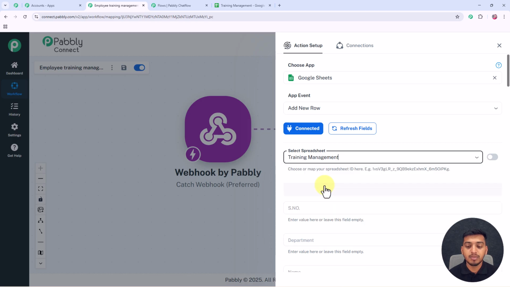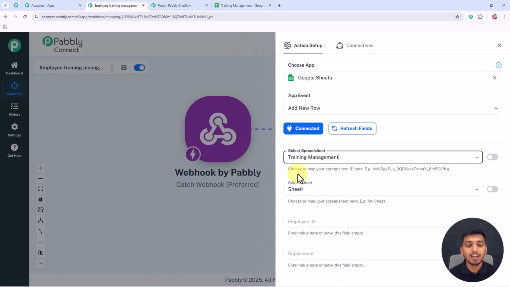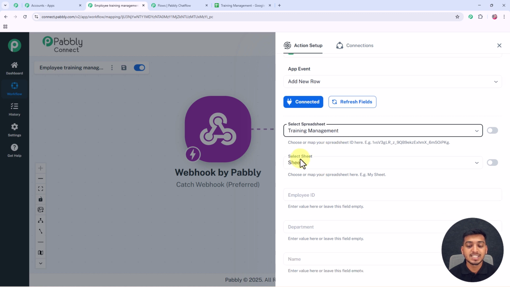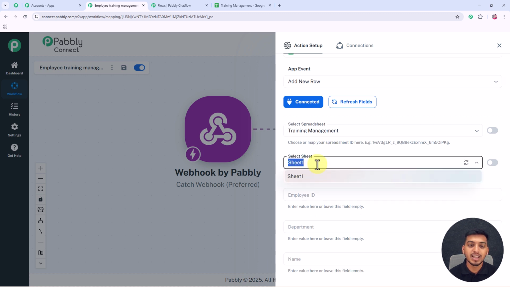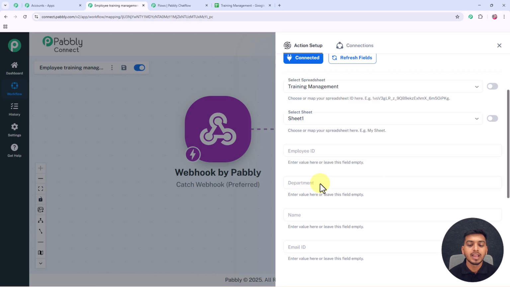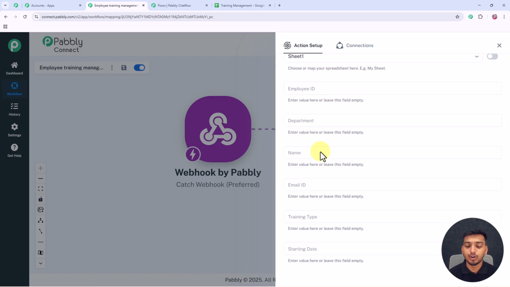So this training management is the spreadsheet in which I want to add a new row. So I have selected this particular sheet, and inside this select sheet drop down you can see, as I had only created one sheet, that's why it has automatically detected it and captured it like this. And now I have to fill up these following fields which I want to update as a new row to